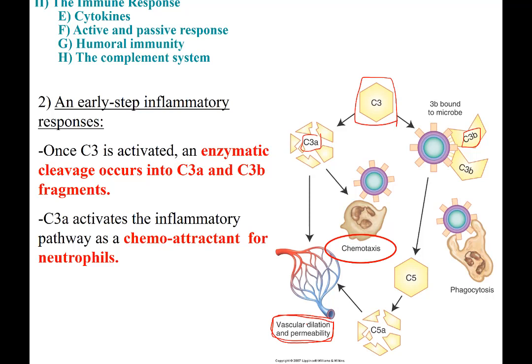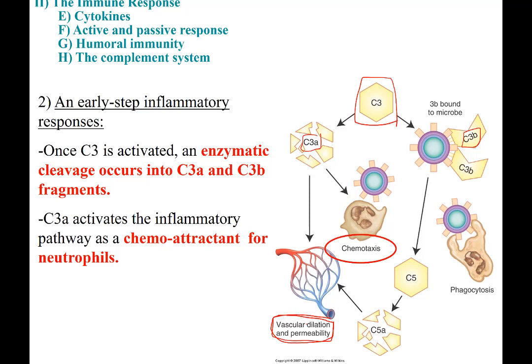Vascular dilatation and permeability are key in the inflammatory process. We need that to activate and to help all of the cells we've talked about before to travel to the site of injury, for example. So I don't want to develop that too much. The vasodilatation and the increase of permeability, we'll do that in our next lecture when we talk about the inflammatory system.